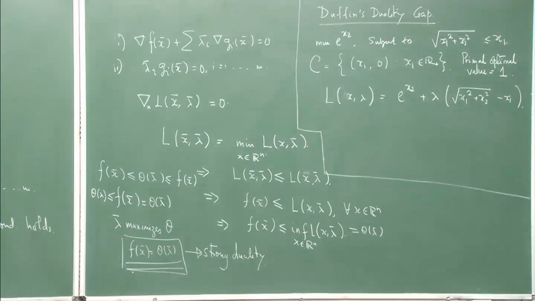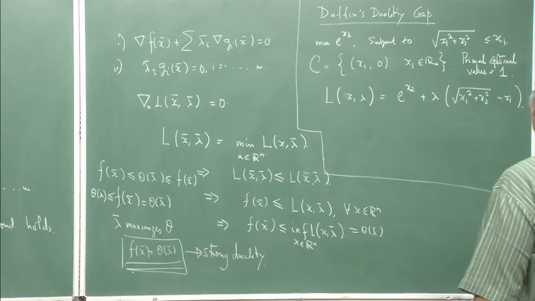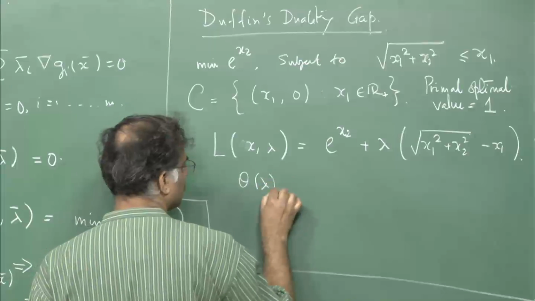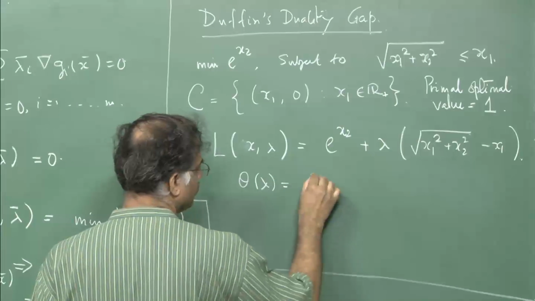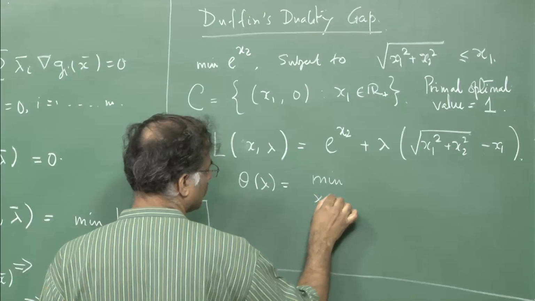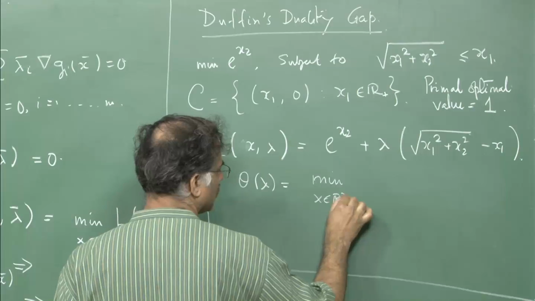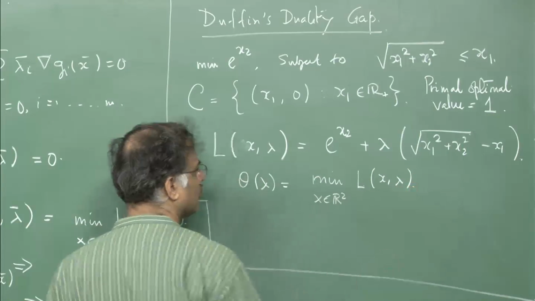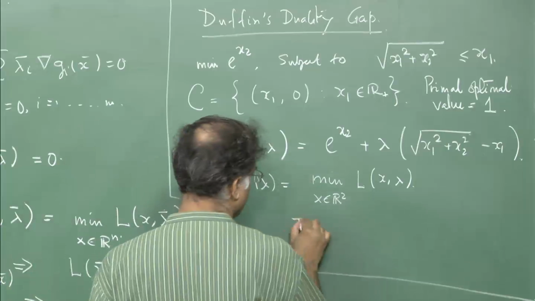How do I compute the dual optimal value? Now, my theta lambda is equal to, is same as